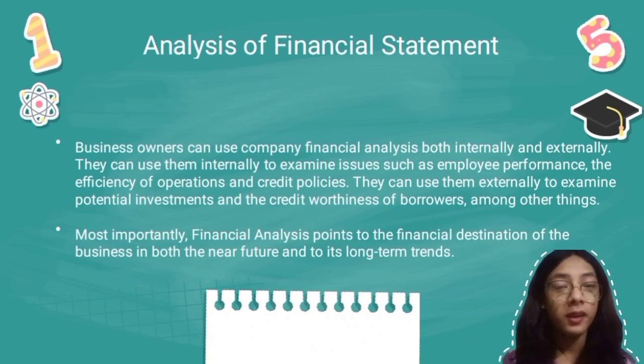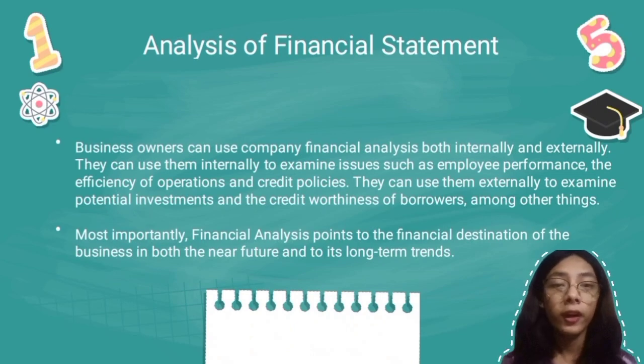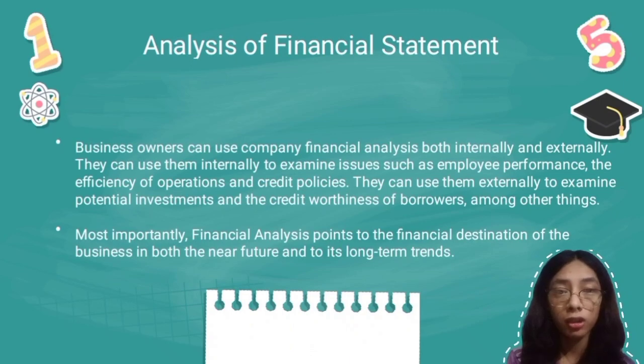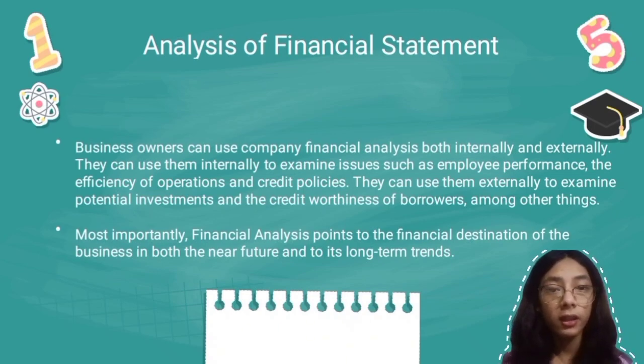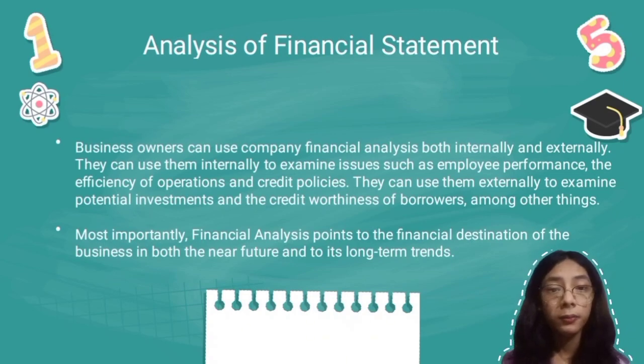They can also use them externally to examine potential investments and creditworthiness of borrowers, among other things. For example, in potential investments, let's say an owner is thinking about opening a second shop. They would analyze the financial potential by looking at the cost, expected profits, and risk involved. In creditworthiness of borrowers, let's say someone asks to borrow money to start their own ice cream stand, the owner can use financial analysis to check if this person is likely to pay back the borrowed money based on